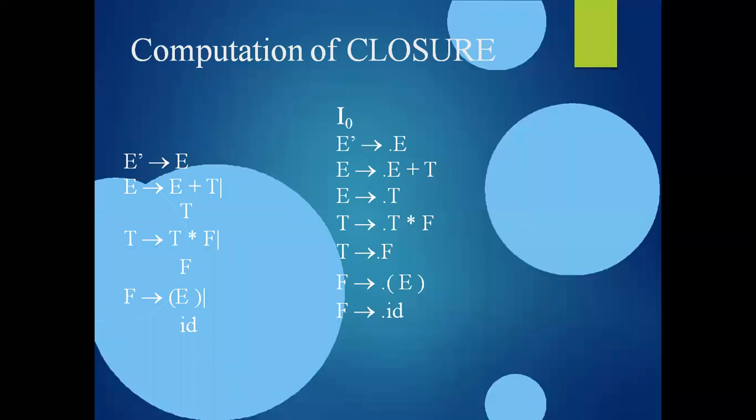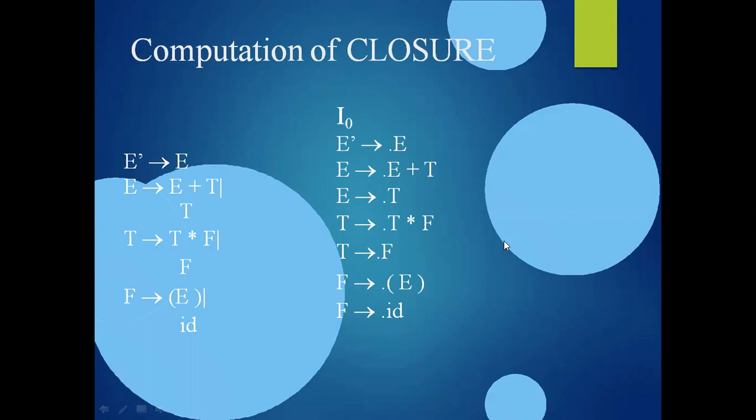When I am drawing the finite automata, it may be an NFA or DFA. These I0 to I9 items, I am considering them as states, and I represent them in the finite state machine as I0, I1, I2, I3 and so on. So for representing the states, we are giving the names of the items with an I along with the sequence number 0, 1, 2, 3.